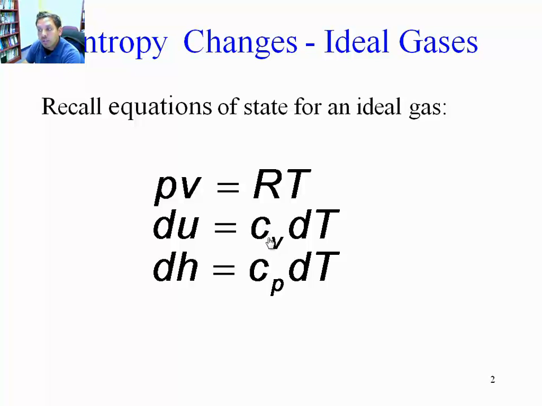So that yields two models. A model in which the specific heats can be considered to be constant, in which case they come out of the integral, and you can say that the change in energy is equal to Cv times the change in temperature, and the change in enthalpy is equal to Cp times the change in temperature. Or there are models where Cv and Cp cannot be considered constant, and then you use a table. You need a table organized only by temperature, because in ideal gases, energy and enthalpy only depend on temperature. So the tables for ideal gases are organized only in temperature. That's only necessary when you cannot assume the specific heats to be constant or average.